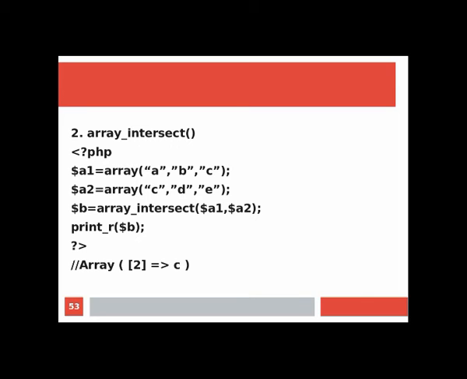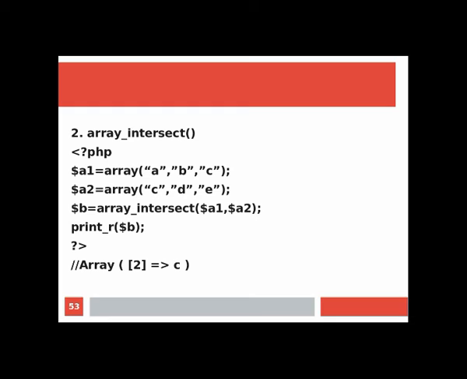So we'll see an example of array_intersect in PHP code. $a1 = array("a", "b", "c"); then the next array $a2 = array("c", "d", "e"); And here in $b we are taking our function, $b = array_intersect($a1, $a2); That means the input for this function is our two arrays, a1 and a2, and we have to take the intersect of these arrays.